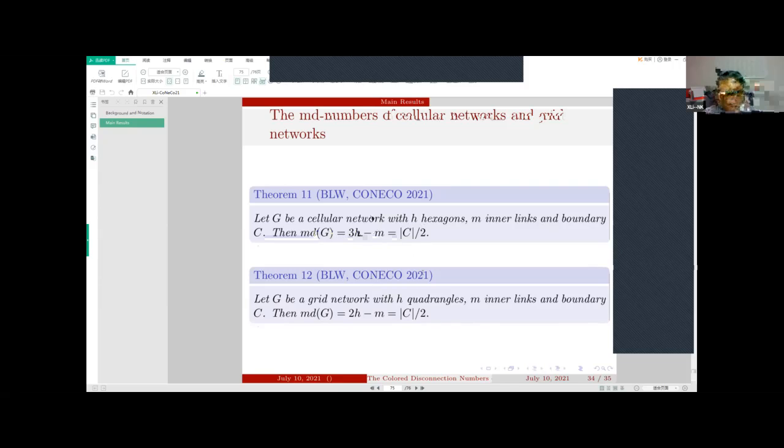So you get this number, and for the grid network it looks the same, but here it is 2H instead of 3H. The minus M is the same, and the result is always the length of the boundary divided by 2. So this is our result, and I think